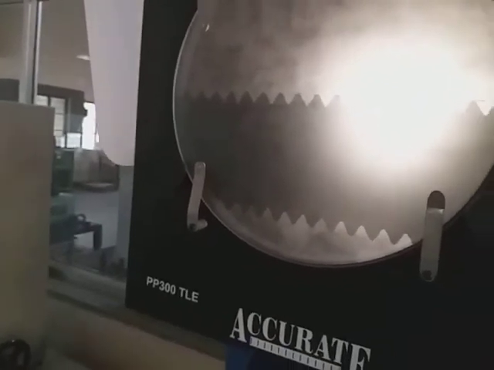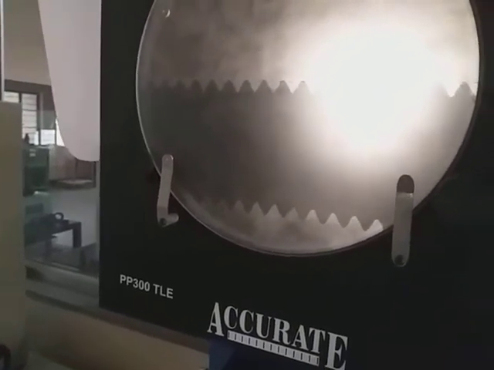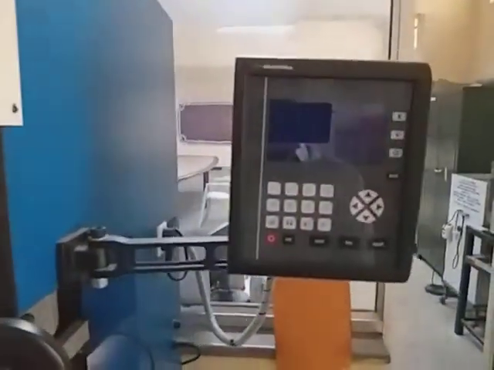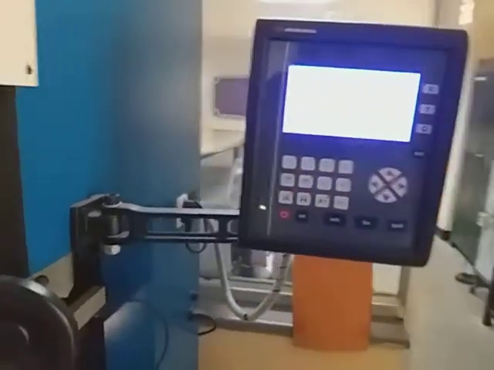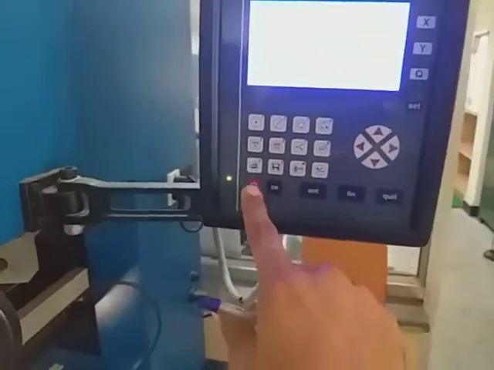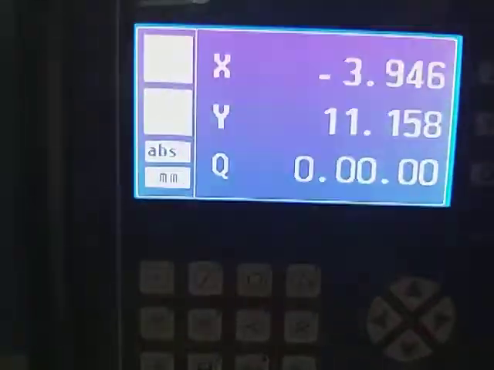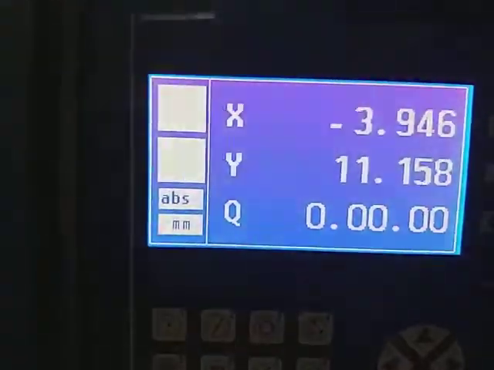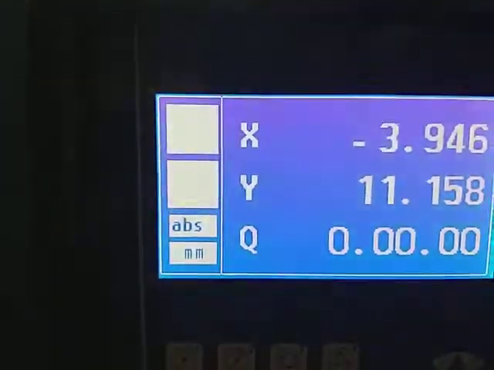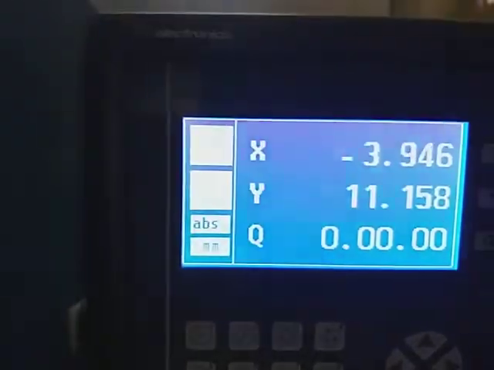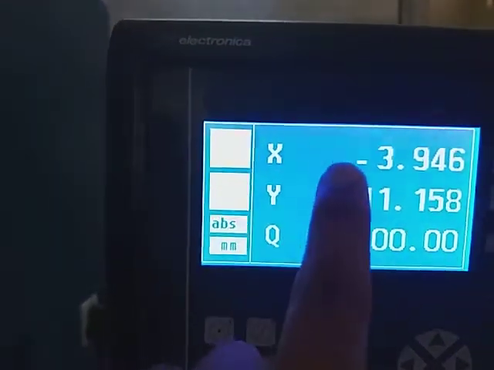I will just show you how to take the reading. For that purpose we have provided one digital instrument. Its power source is over here, simply switched on, so that the digital display will be switched on. Simply a screen will be visible. In this, x and y direction is nothing but the dimensions for the vertical and horizontal cross wires. Now, our intention is the horizontal cross wire, so concentration will be on x only.